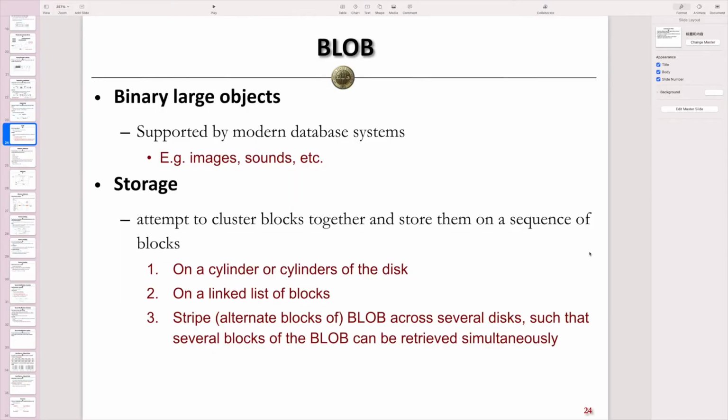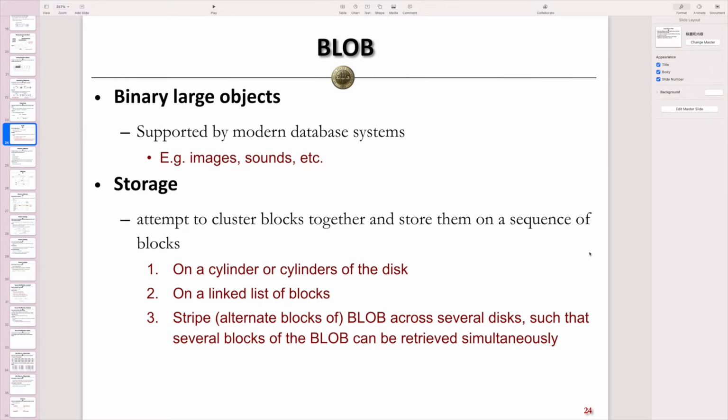Alright, welcome back. In the last week, we introduced how to store records into blocks, which can be either spanned or unspanned. We can also use a sequencing order for storing the records, either contiguously or by using links to connect them together for storing larger records. However, in the real world, when we are storing data into database systems, we may have some very